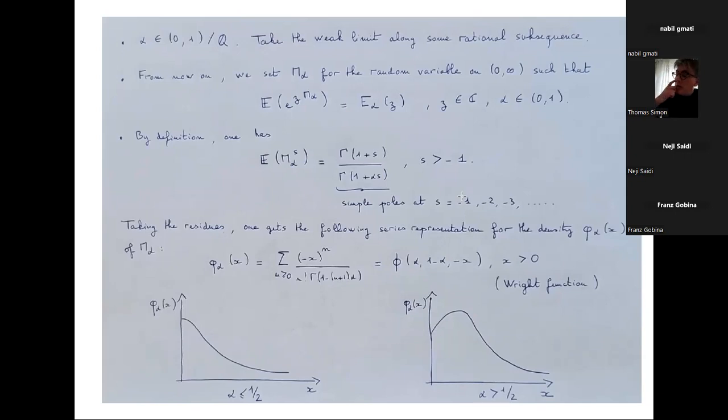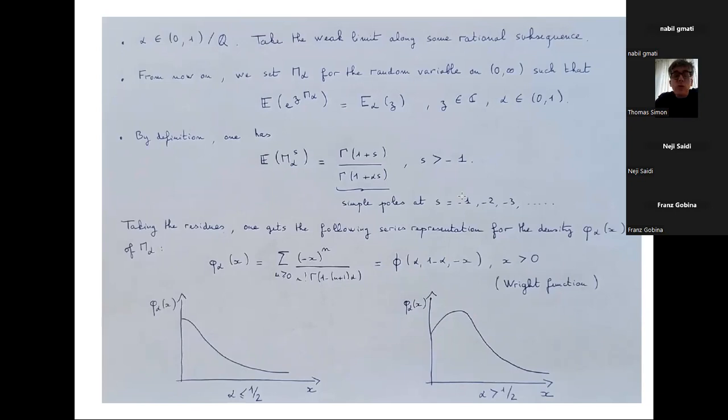So I will consider this random variable, which is defined by its moment generating function. And also I will consider the fractional moments of this random variable, which are given by definition as a quotient of 2 gamma functions. So these fractional moments are defined on a half plane, the right half plane. The real part of S should be strictly greater than -1. And you see there are simple poles at S equals -1, -2, -3, etc.